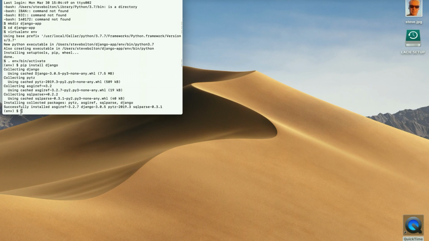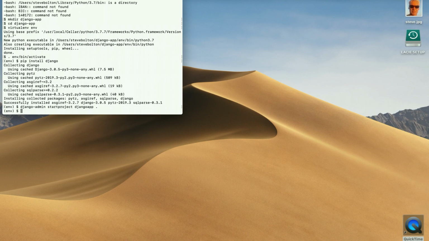So to do that, we need to do django-admin startproject and then the name of our project. The name of our project we will call djangoapp without the dash, followed by a period to ensure that it does not create an extra directory. And so now if we hit enter, we have now created our first